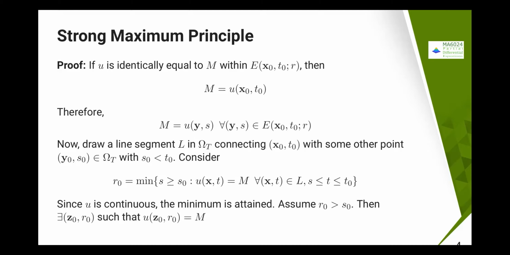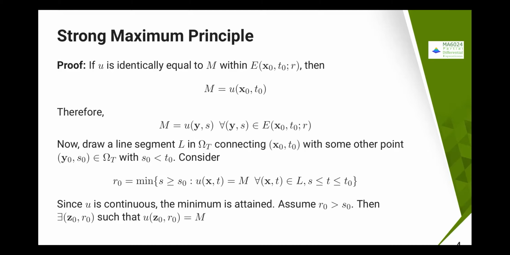So it is closed and bounded, so if u is continuous, then a compact set is going to be mapped to a compact set. Since u is continuous, the minimum is attained, and in the same way the maximum also will be attained, so that will be helpful for proving the minimum principle, using the same kind of argument.